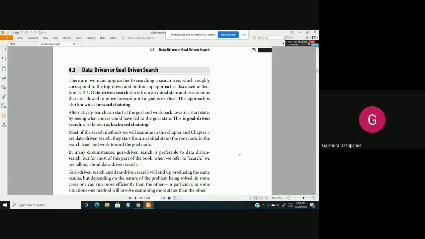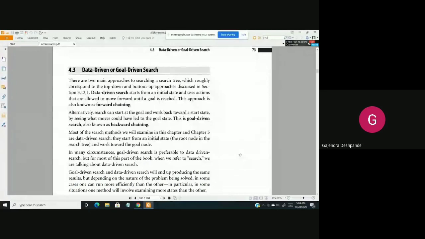Now on the other hand, there is one more concept called goal driven search. In case of goal driven search, you are going to move in a backward direction. That means you know what the goal is, but you don't know the source, you don't know the root cause. So to find out the root cause you move in a backward direction, but you know exactly what the goal is. This sort of approach is usually used whenever you know what the goal is, but you don't know the cause or you don't have the information. So here you are going to find out the information from the goal.